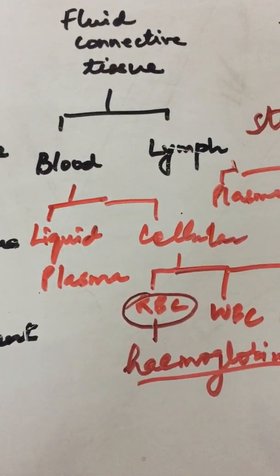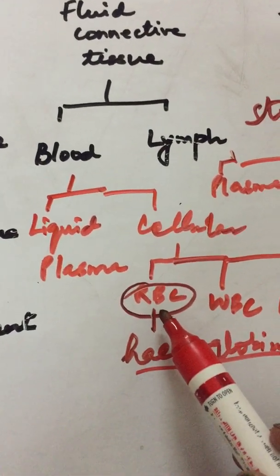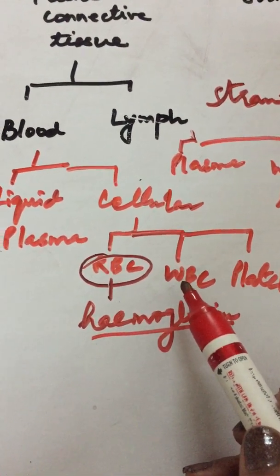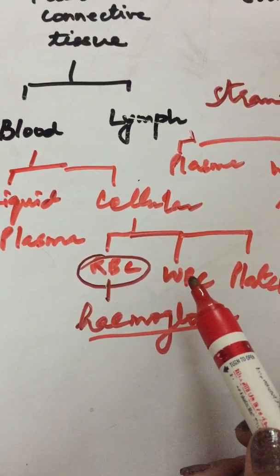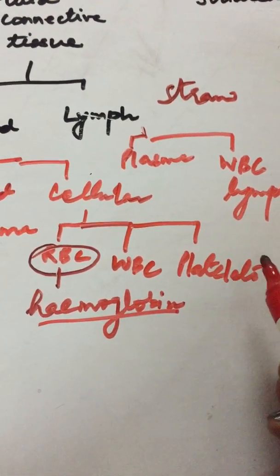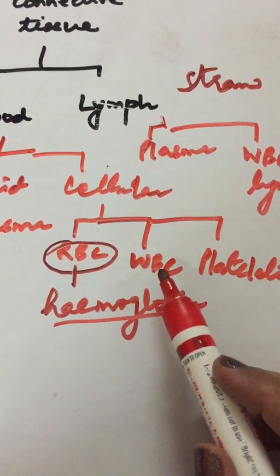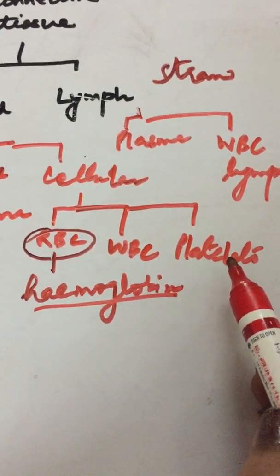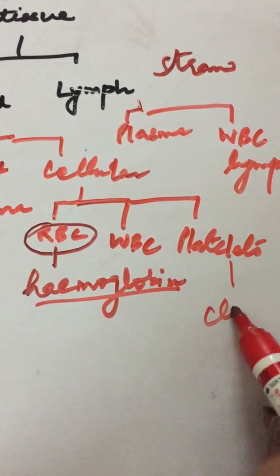Blood is mainly concerned with transport of oxygen and nutrients. RBCs are doing transport of oxygen and other nutrients. WBCs act as soldiers of the body, protecting the body from diseases, germs or any sort of infection. They are soldiers. And platelets help in clotting of blood. Your RBCs are also called erythrocytes. WBCs are also called leukocytes, and platelets are also called thrombocytes, from the word thrombus, because platelets help in clot formation.